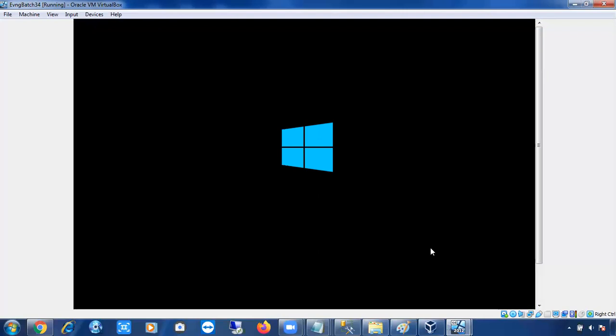I'm going to provide you the same Windows Server 2012 software. I don't have Windows Server 2016. I'm going to use Windows Server 2012 as the operating system, and I have SQL Server 2017 as well.